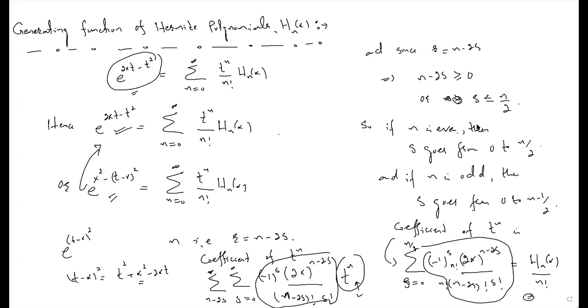So now, if it is okay, then let us try to find some of the recurrence relations for these Hermite polynomials. Like we had for the Bessel and for the Legendre differential equation, we also have some recurrence relations for the Hermite polynomials. There are a few. Let us consider the first one.